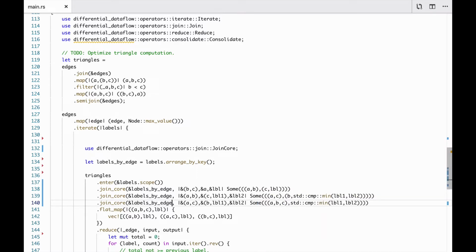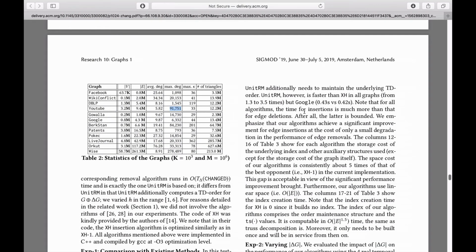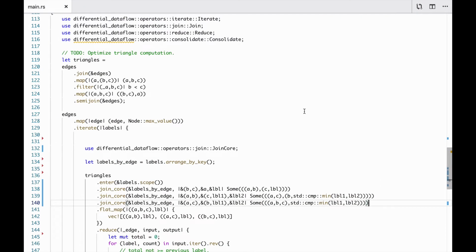Okay, so this is a potentially very bad algorithm for computing triangles, because if it goes and produces 90,000 squared candidates first and then throws most of them away, because we saw over there, there's only, I think, 8 million edges, 9 million edges, so we can't possibly keep all of those candidates. Anyhow. There are better algorithms for triangle computation, and we happen to have a few of them already coded up